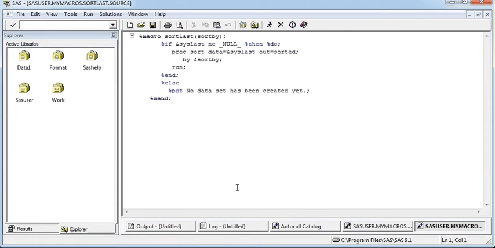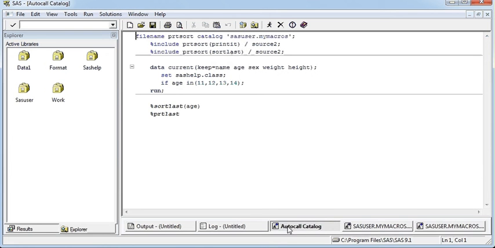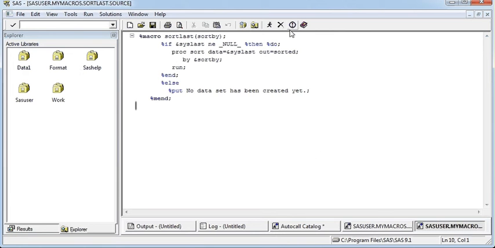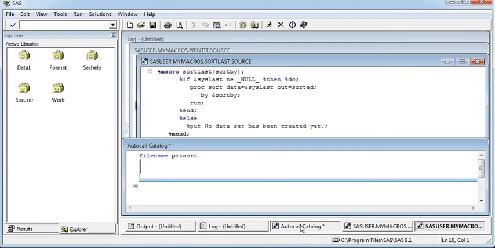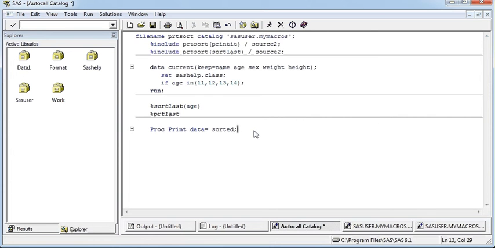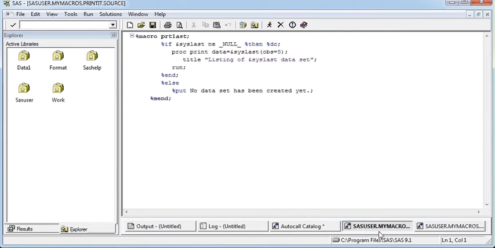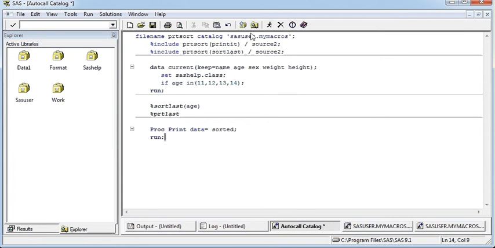Now, I've already run and compiled this and saved it in the catalog, and the catalog is in the SAS user library.